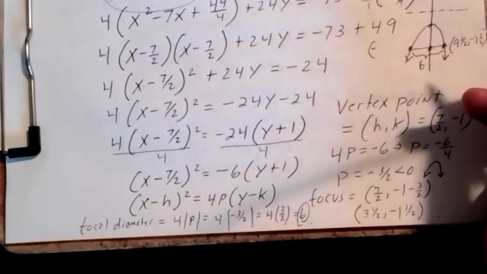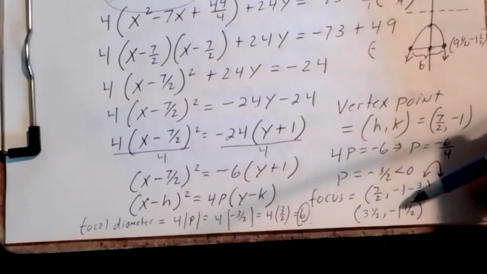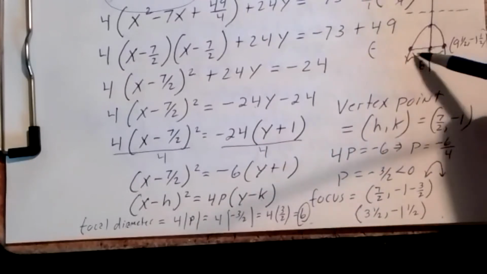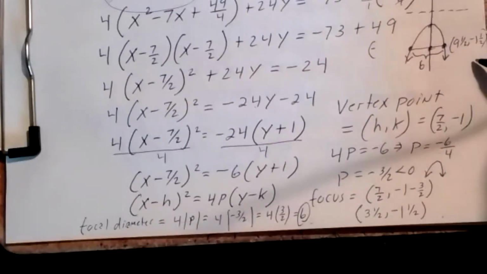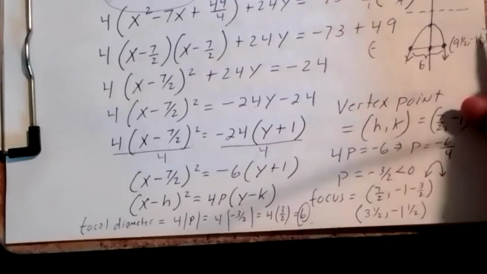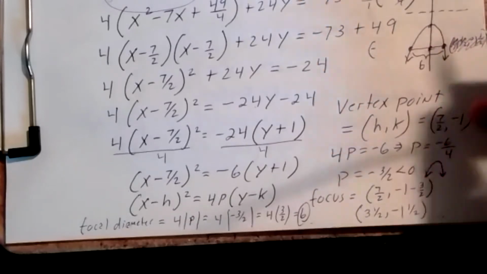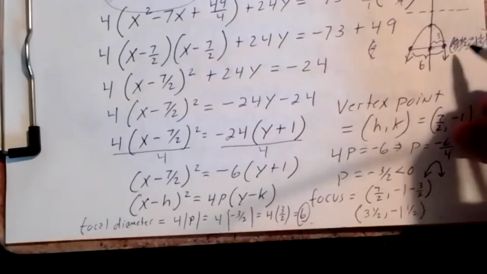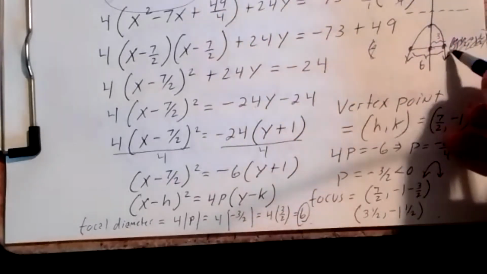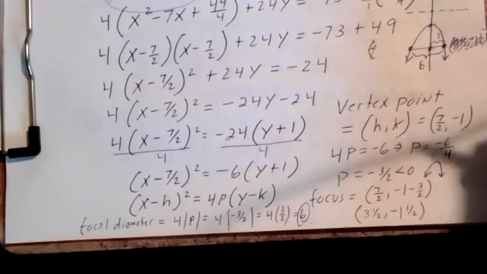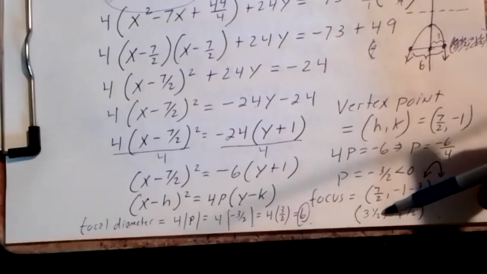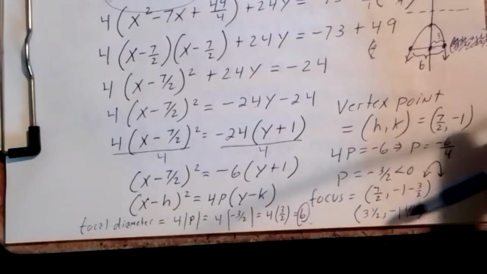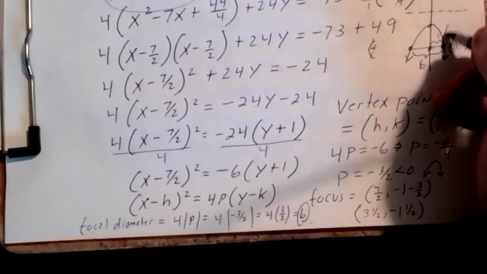Wouldn't it be -3 because the whole length of the lattice rectum is 6? Whole length of the lattice rectum is, yeah, so half this distance would be just what, 3. All right, so to get the right end point of our lattice rectum, we add 3 to the x coordinate of the focus point, only 3. So the right end point would be 3.5 plus 3, which would be 6.5. So 6.5,